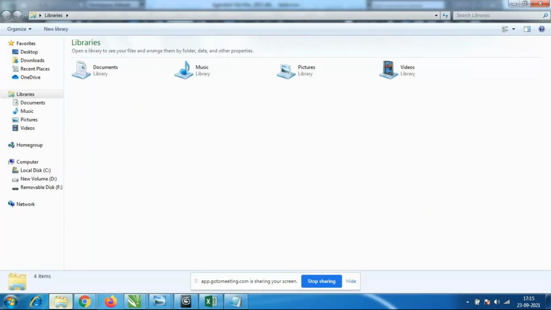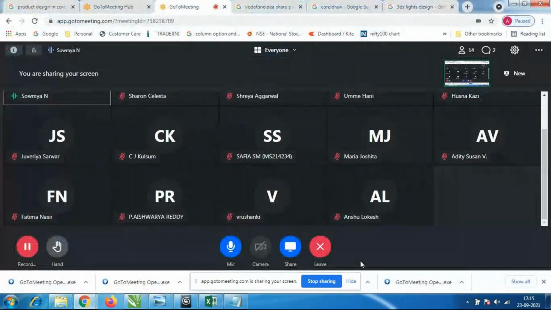Anybody having any doubt? What is C extension and L extension? Safia? Tell me what is C extension and L extension. What kind of designs will we get? Kulsum?